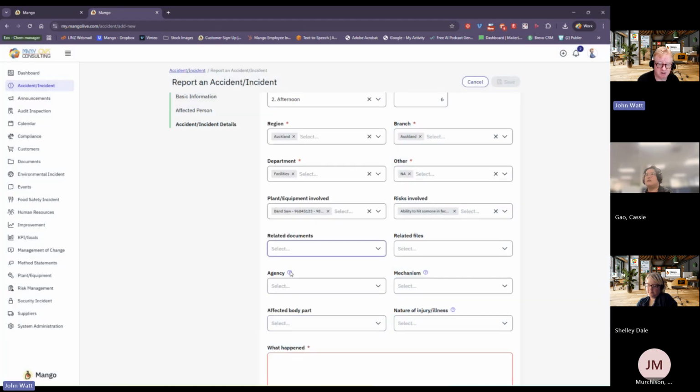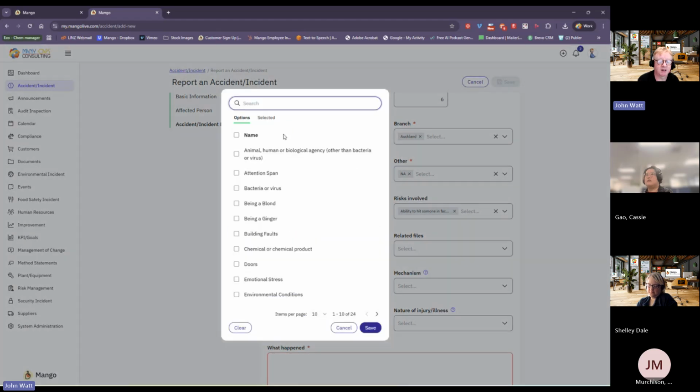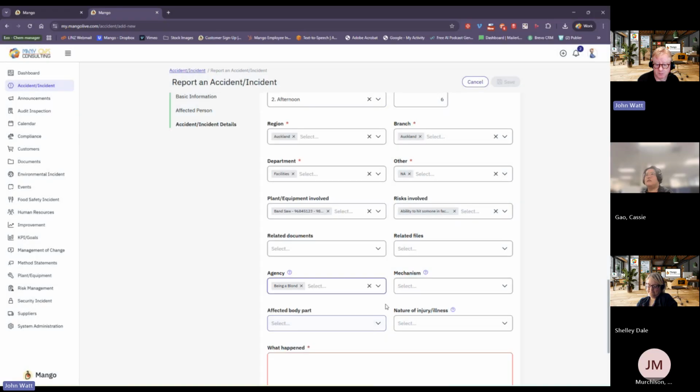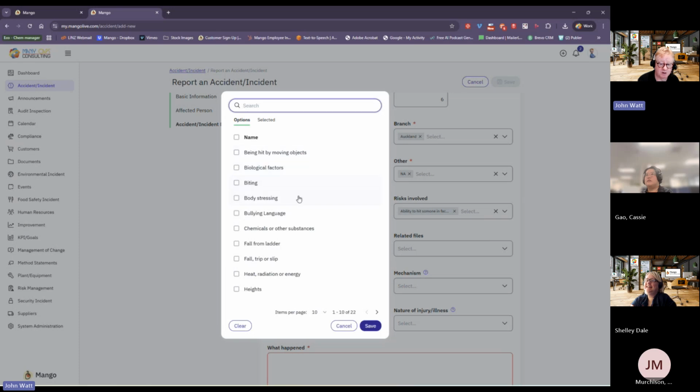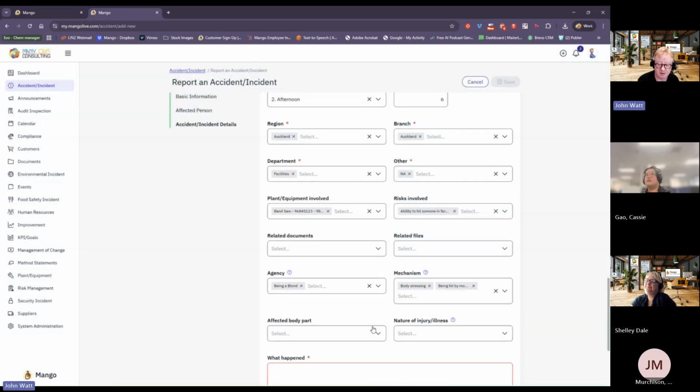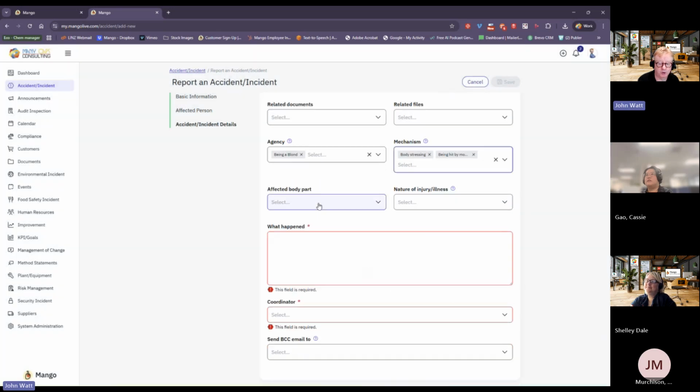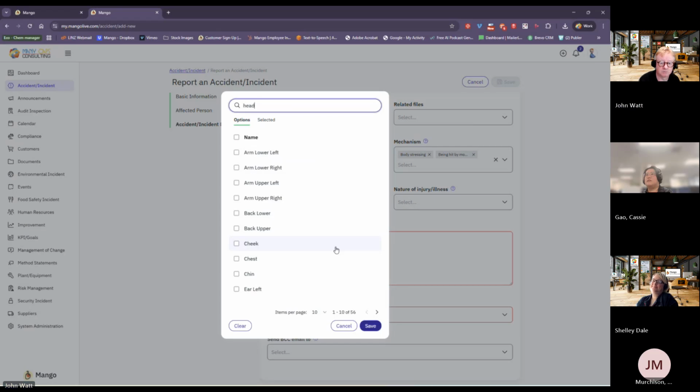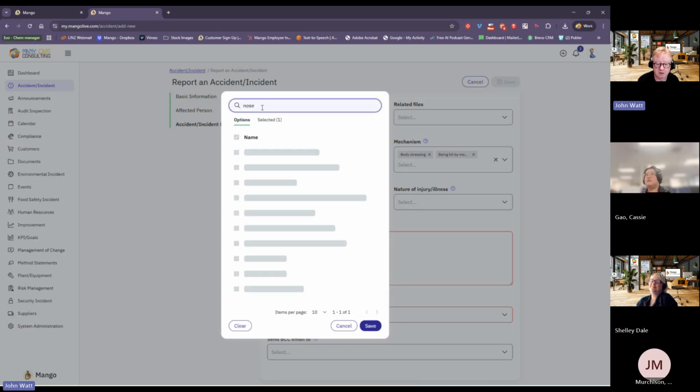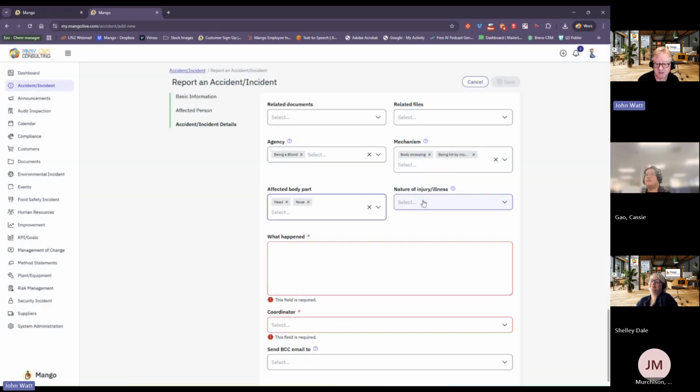Then we've got the agency, what causes damage. Again, you can have whatever you want in there. She was blonde. And then the mechanism, the how. And again, you can have whatever you want in there. And then body parts. So, we'll go for the head. I think I've got nose in there now. There we go, the nose.